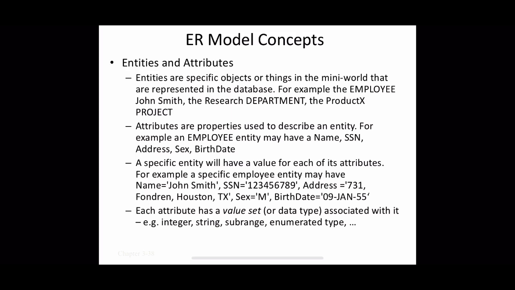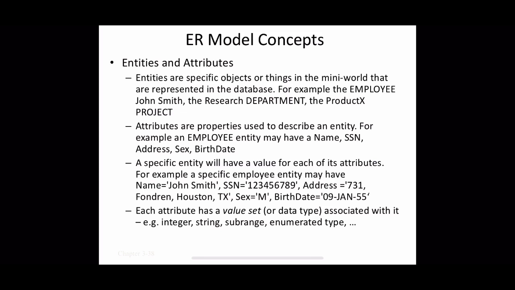Then coming to the ER model concepts. First, the entities and attributes. The basic object that the ER model represents is an entity, which is a thing in the real world with an independent existence. It can be any object with a physical existence like a particular person, car, house, employee, etc. Or it may be an object with a conceptual existence like a company, a job, etc. Each entity has attributes. Attributes are particular properties that describe that object.